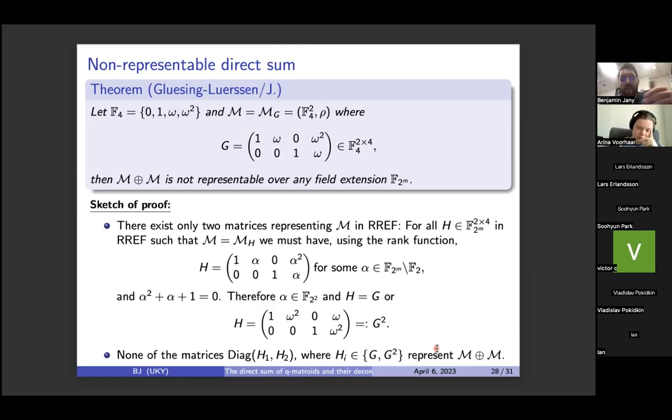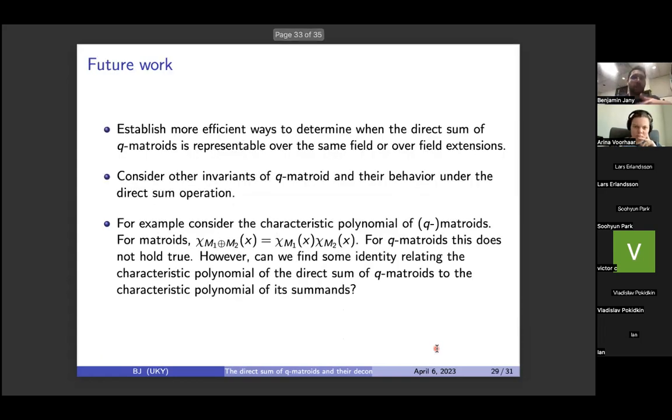The problem is, we were able to generalize some examples by using the notion of paving q-matroid and then using some notions of coding theory. However, we still don't have a good grasp on how to handle this question of representability of the direct sum. So as future work, that's, I guess, what one could try to do, right? Really try to understand when a direct sum is representable, either over a field large enough, or when is it never representable, right? And then on a different side, with this decomposition of q-matroids, right,